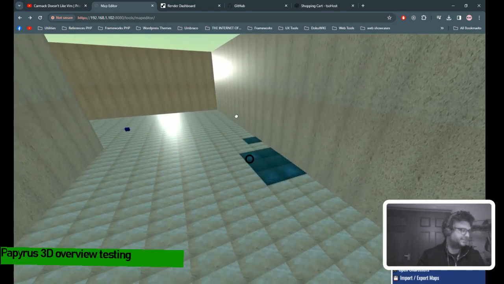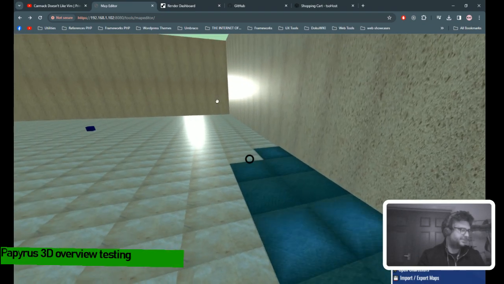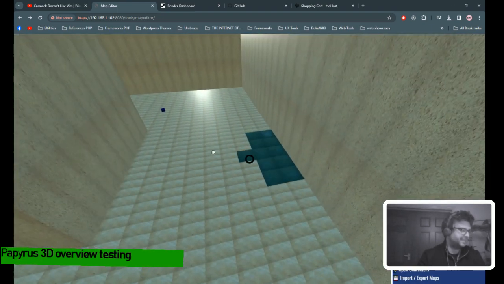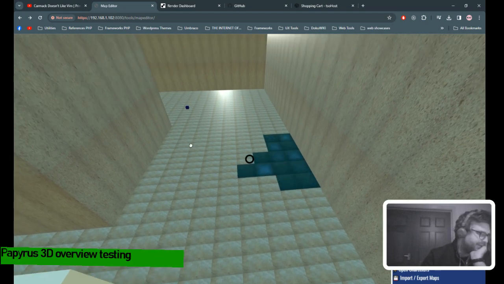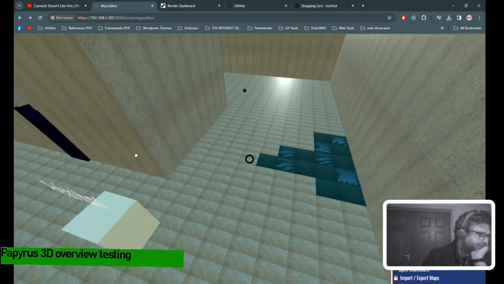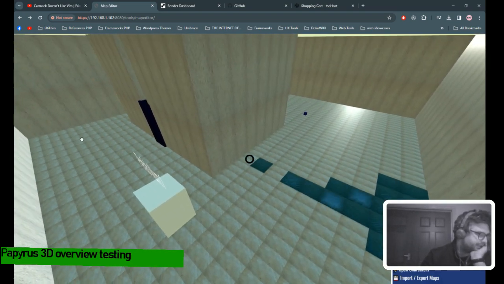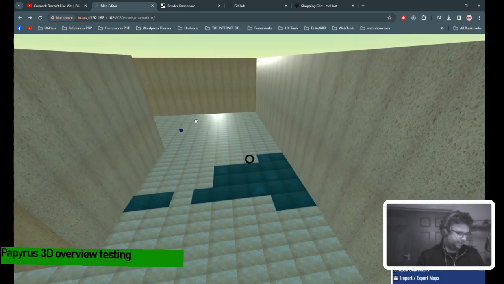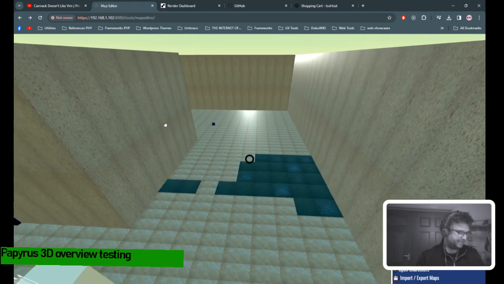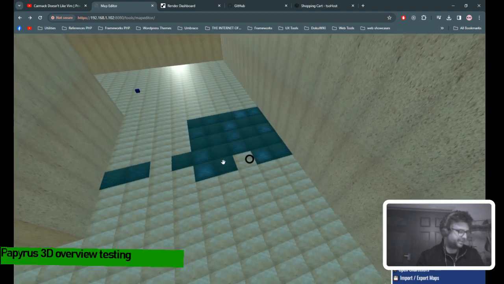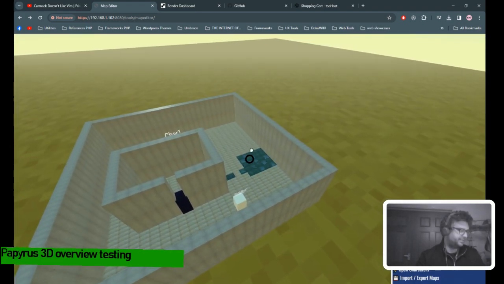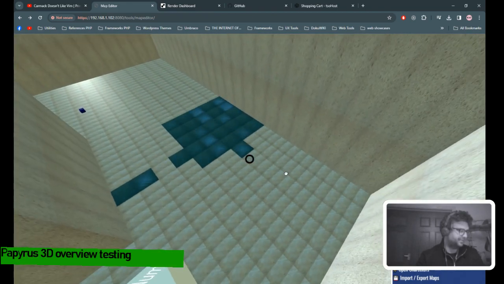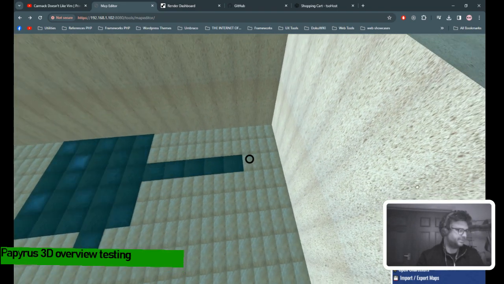Bit of a lake sort of thing. So you can add like little, obviously all these textures can be changed too. So you can load in whatever textures you want basically. But I'll just add it so there's like a little bit of a lake running through here. And you know, there's a certain limit to it. It's basically a block-based design, but it does allow you to quickly create these environments, which is useful.